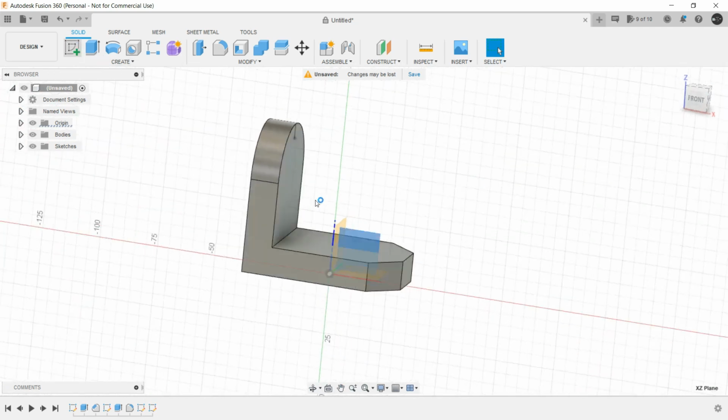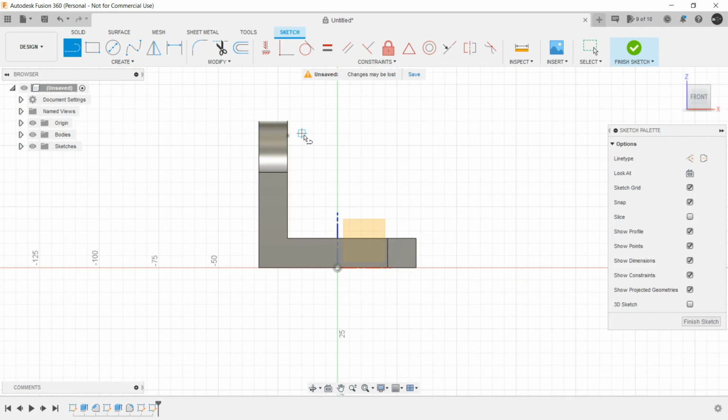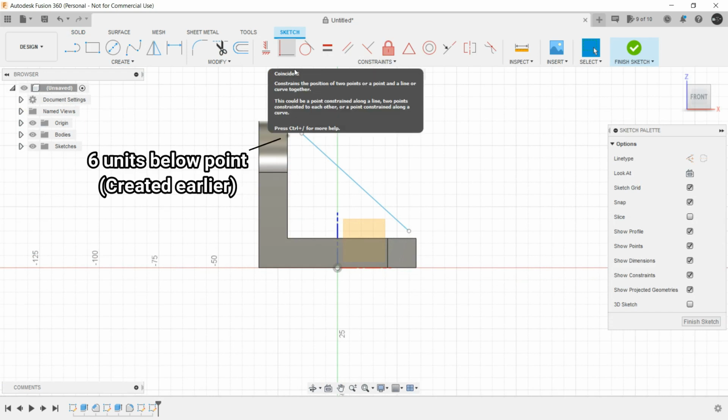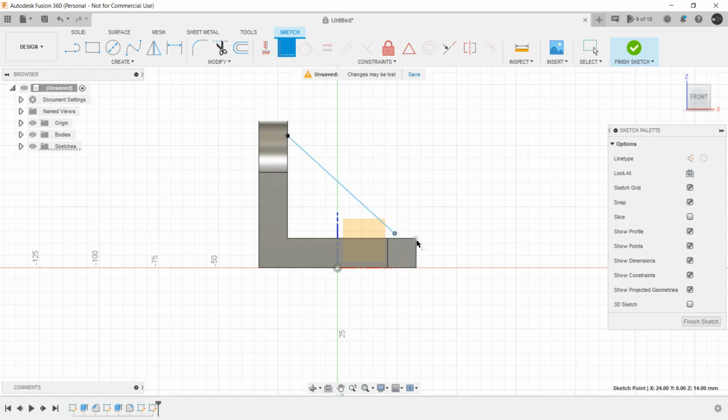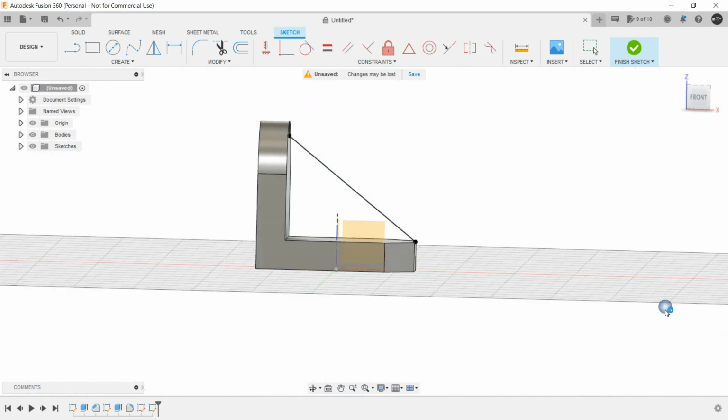Now let's create a sketch over this one. Just make a line anywhere. Click enter. Now make these 2 points, that is the point that is 6 millimeter below and the start point of the line, coincident,